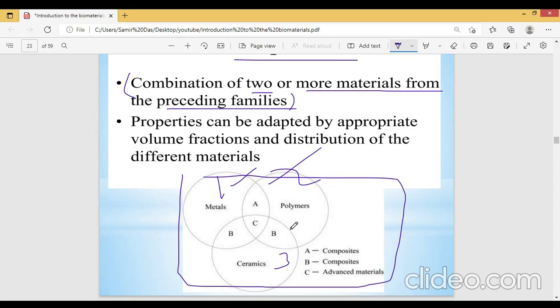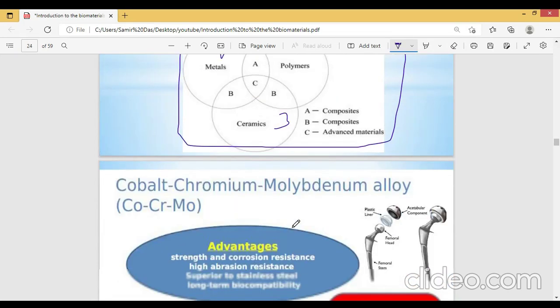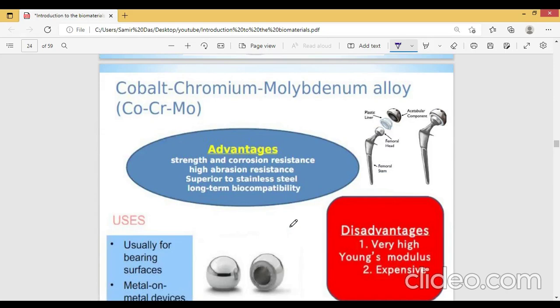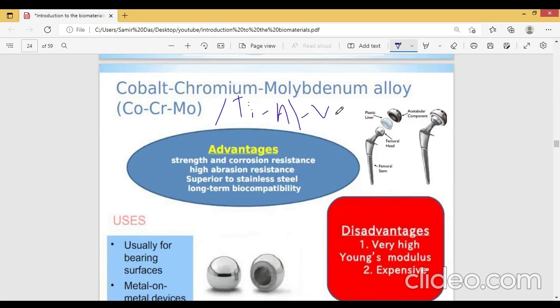But using 3, the material which can be formed is very costly, highly expensive, and mostly they are using it for advanced biomaterial purposes. Also some cobalt molybdenum alloy, or like what I discussed before, titanium, aluminum, vanadium. So these are the composites we have used extensively today. These are the alloys we have used as